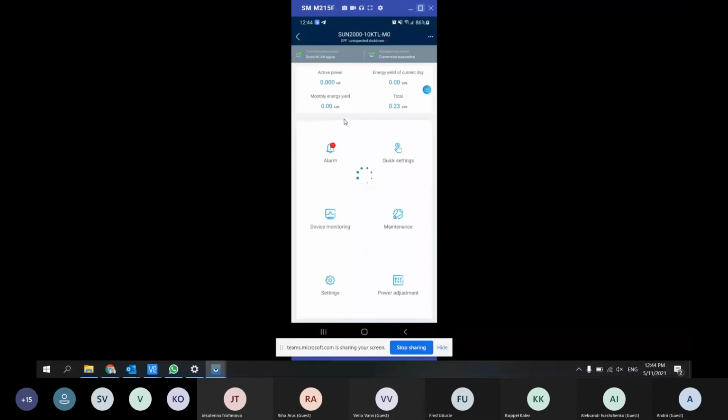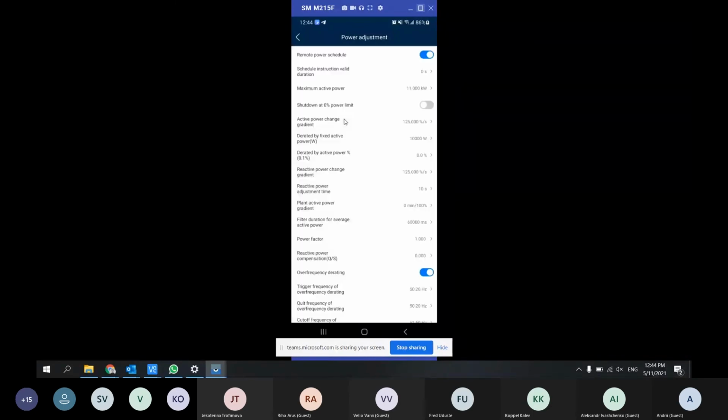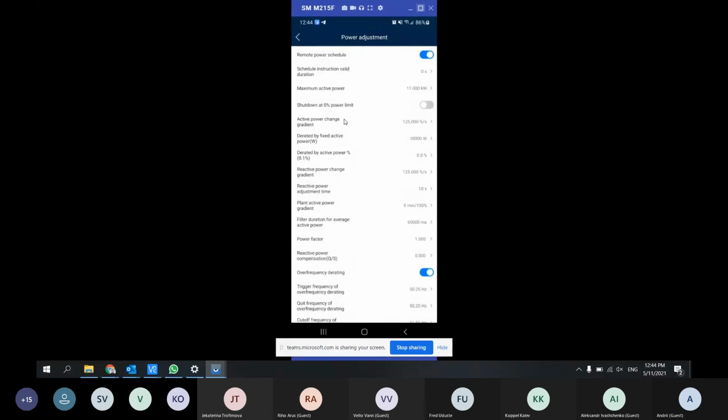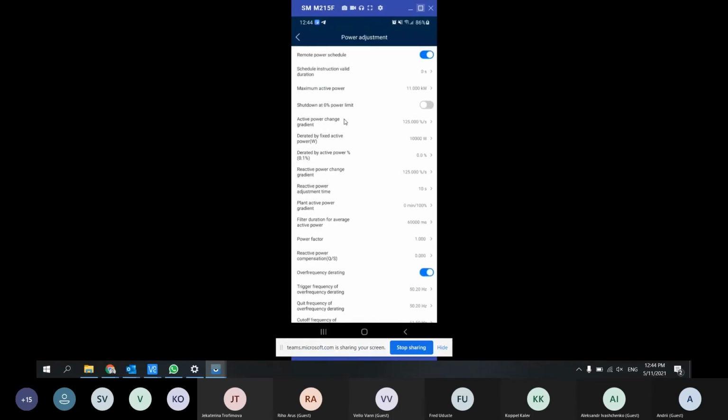So you need to go to the settings, and here is the same power adjustment. You can choose, as I showed to you, this maximum active power.